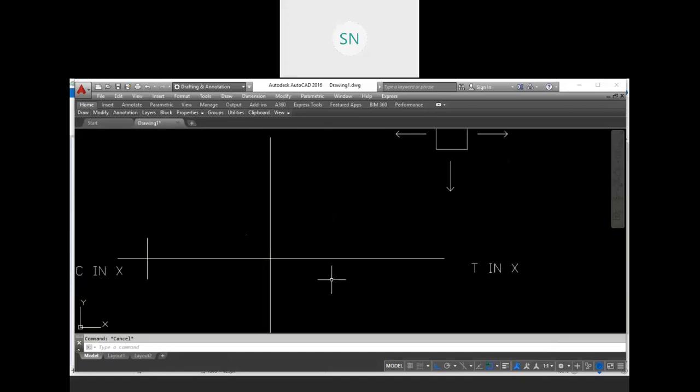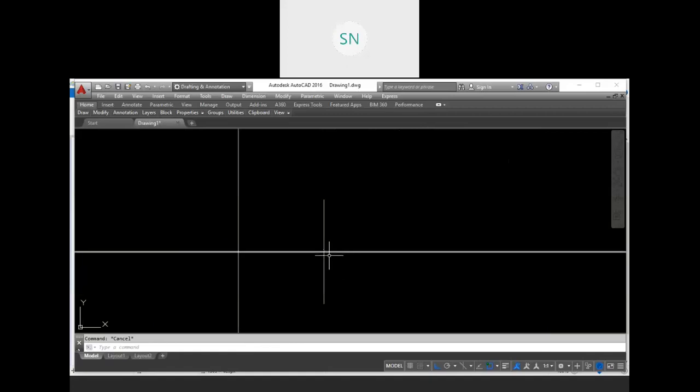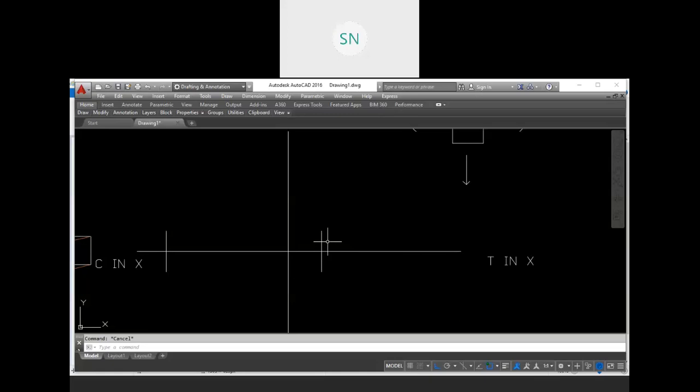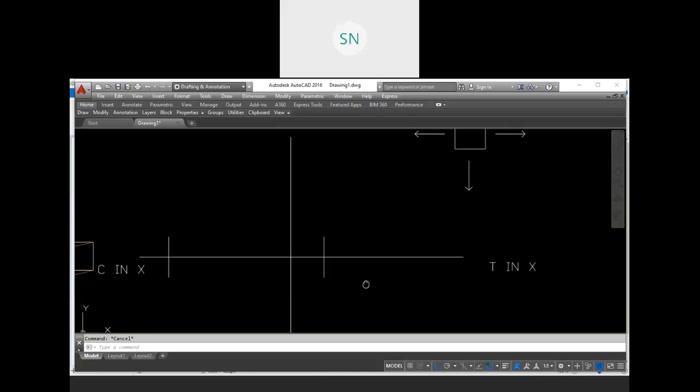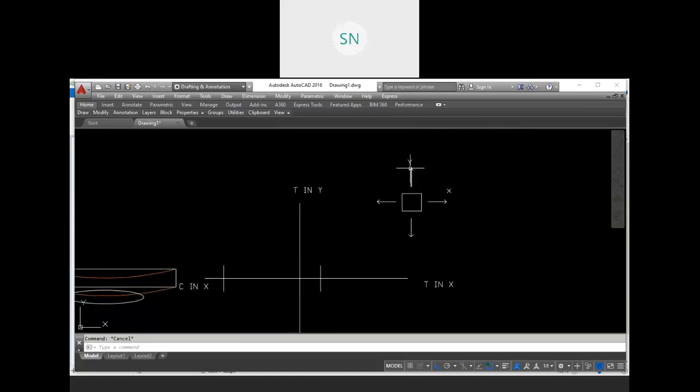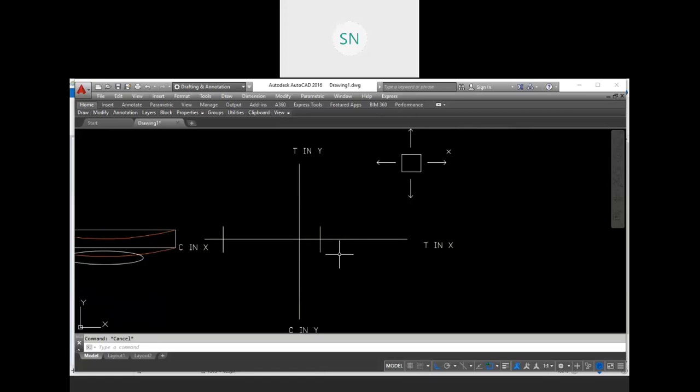This block is going to break at around this point, because as you all know, concrete is not very capable in tension, right? The same thing will happen in the y direction, right or wrong? You all are getting me or not? Yes, sir.